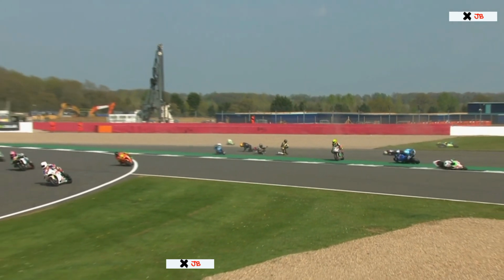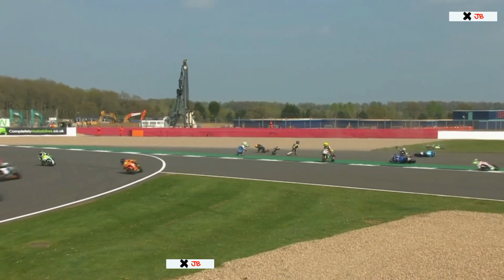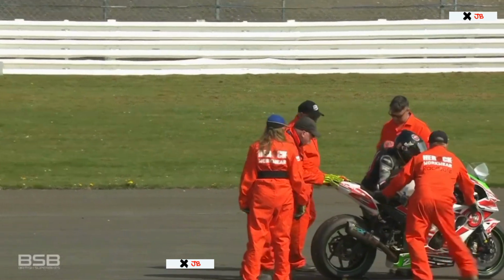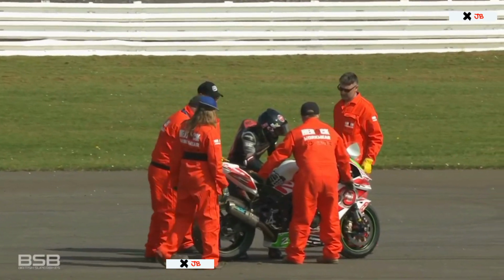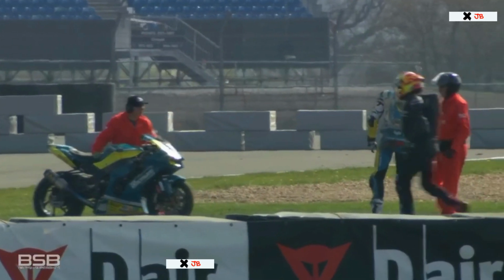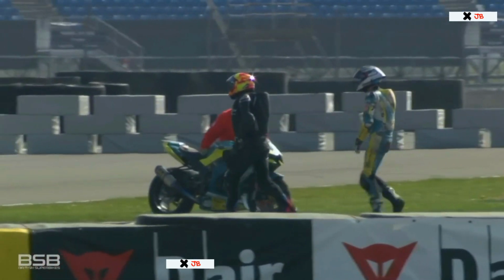He actually gets back on his feet, so it's hard to, obviously, his first race of the year, all new colourway, so it's a little difficult to pick some of these guys out when we can't see their numbers. That's number 2, TJ Toms. So he is obviously involved in the incident as well. Joe Francis was the bike that tagged into the back of Billy McConnell. That's the only